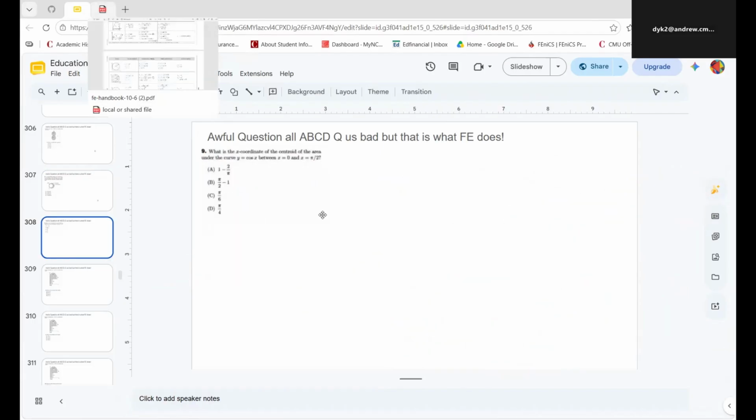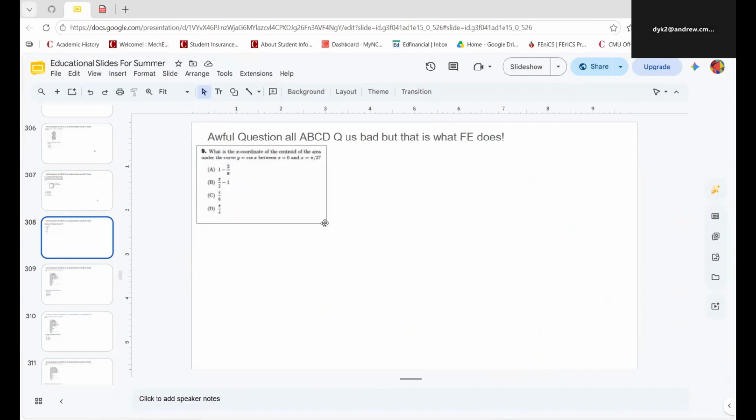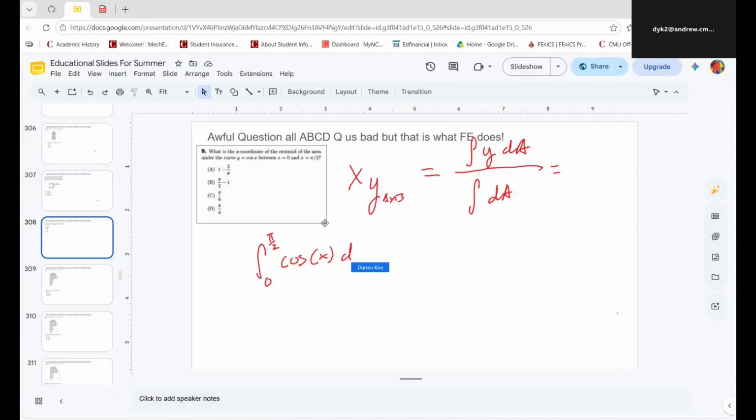Over here, we're doing what is the x coordinate of the centroid of the area under the curve y equals cosine. Okay. We are trying to do the y-axis, right? So we're doing x, y, c. We're not even doing c actually. We're just doing y, c. So we're just going to do what we call the area integral over here, which is going to be dA. And over here, we're going to do integral y dA equals. That's it. So integral from 0 to pi over 2 of cosine of x dx